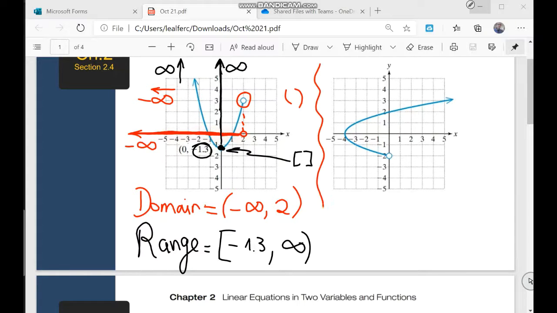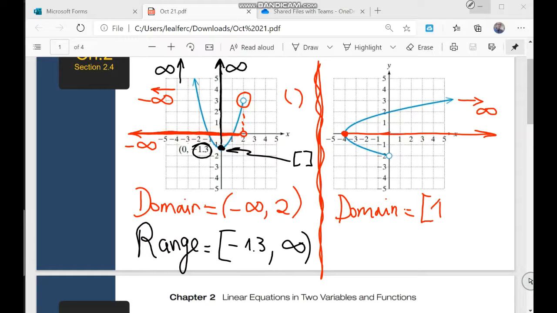Let's check the other example real quick. The domain is going to infinity, right? Because of this arrow, going to infinity. And it starts here on negative 4. So the domain here is negative 4 to infinity. And the range,